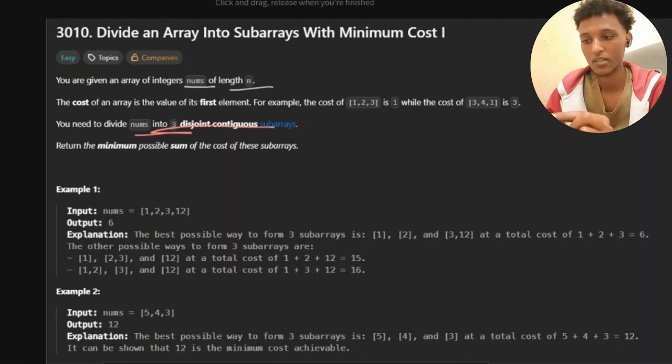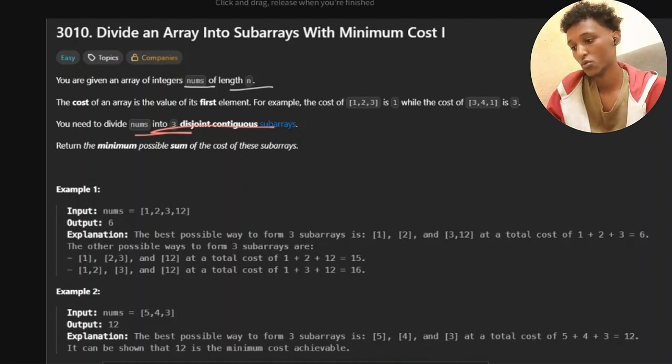We are given an array nums, and we need to divide the array into 3 parts, into 3 contiguous subarrays, then finding the sum of these 3 subarrays together. That means the summation of each subarray's cost. So